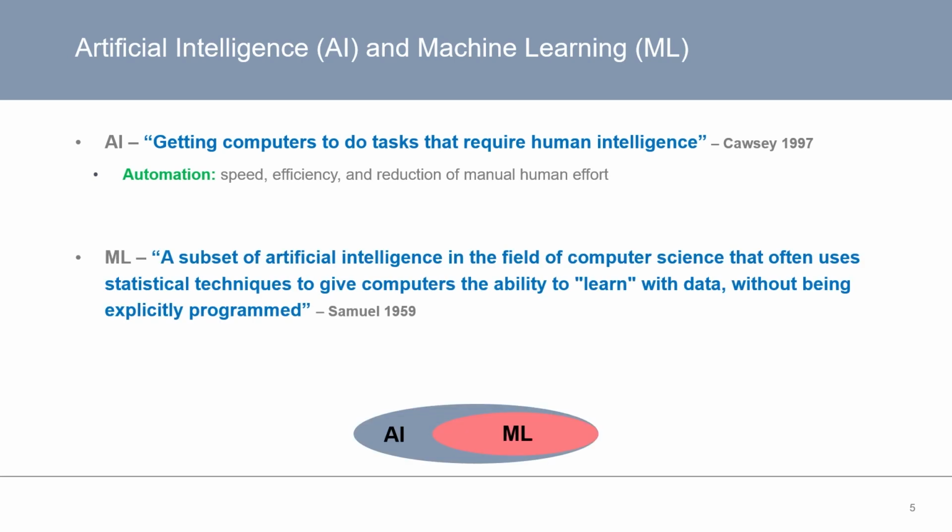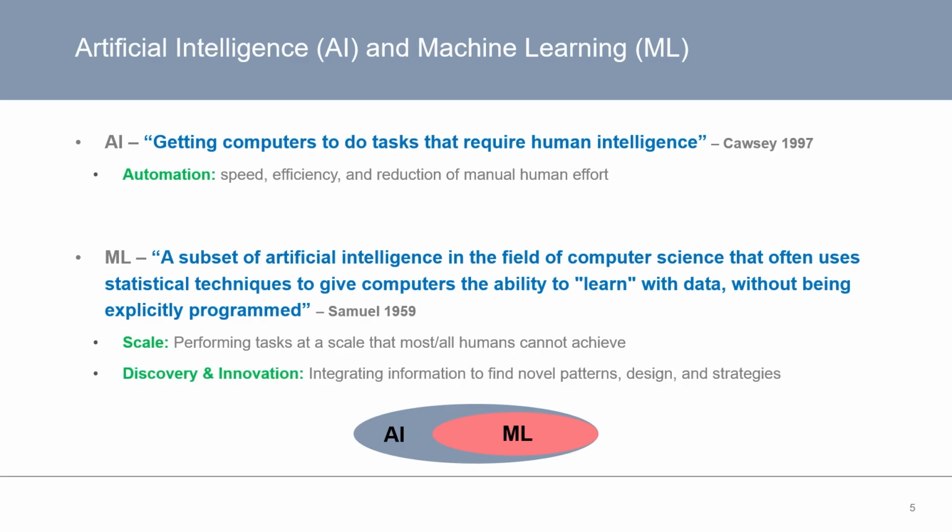On the other hand, machine learning is defined as a subset of artificial intelligence in the field of computer science that often uses statistical techniques to give computers the ability to learn with data without having been explicitly programmed. Here, our lab focuses on leveraging machine learning to perform analysis at a scale humans or existing methods can't achieve. We also leverage these methods to be able to discover novel patterns in data and identify risk factors that other